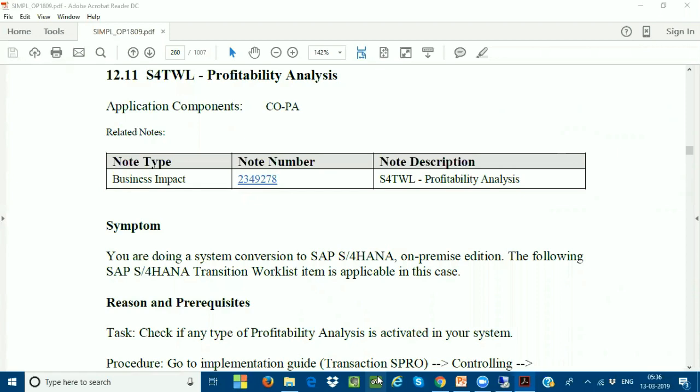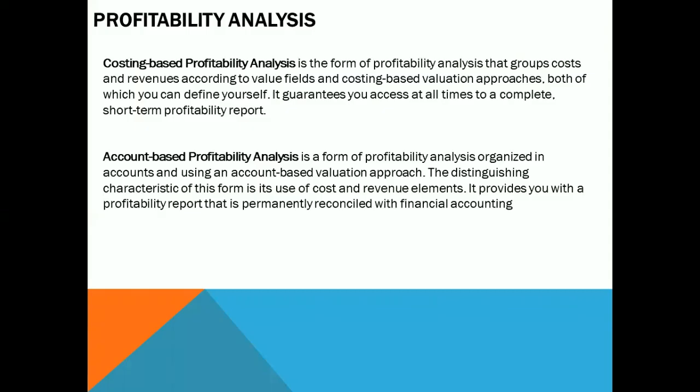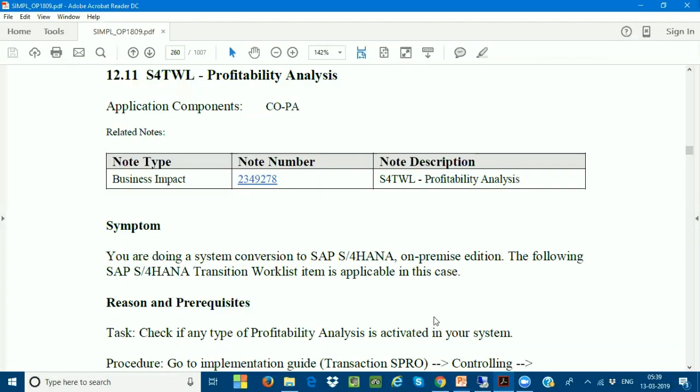What are the new changes which have been done in SAP S/4HANA? What exactly has been done? One second, okay. But I sincerely request everybody to follow all the notes which have been given from the SAP side, because day to day, all the notes are very, very important for us to understand.